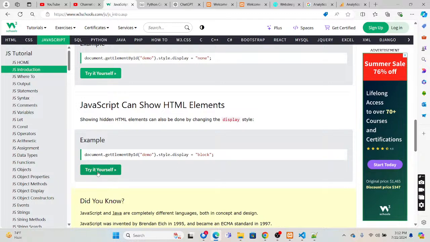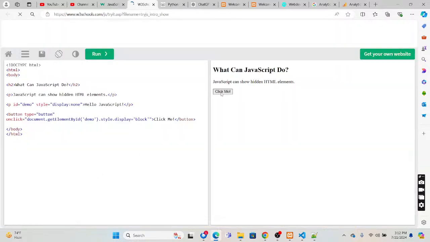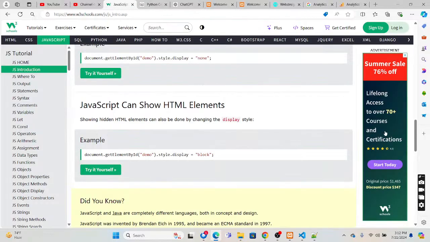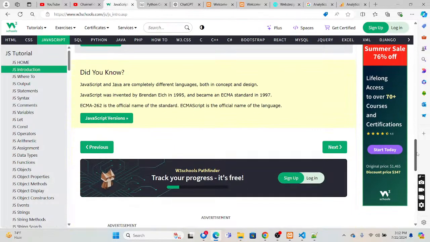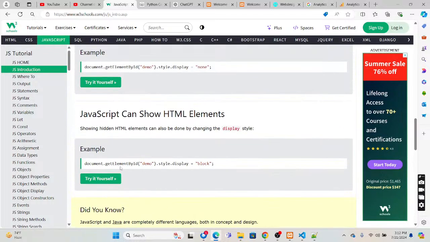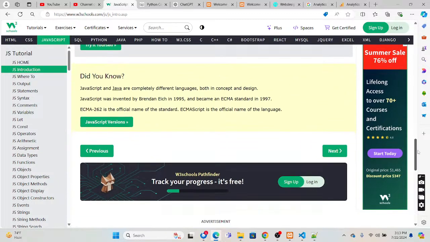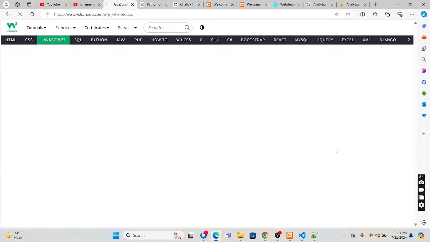So you can show the HTML elements also, right? You can add additional. Okay, so everything you are doing with document.getElementById of demo, that is the id we are given, style.display or innerHTML, we get that HTML header object. So you consider that as an object you are getting, and then you are setting the properties of that particular object to dynamically change the values.